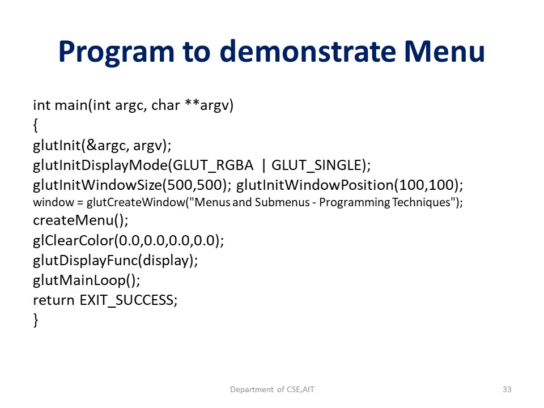So this is the last function, that is the main. The main has all the APIs concerned with any normal OpenGL program, along with one more call, that is create menu. Create menu is not an API actually, because you can see that it does not start with GL, GLUT or GLU. It is a user defined function name. This function name gets connected with the previous slide's create menu, where we create a menu and all the entries for the submenu are made there.